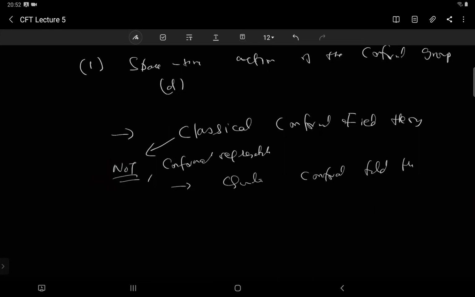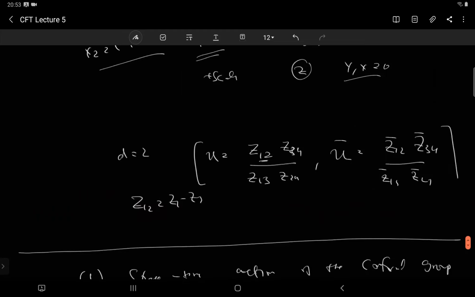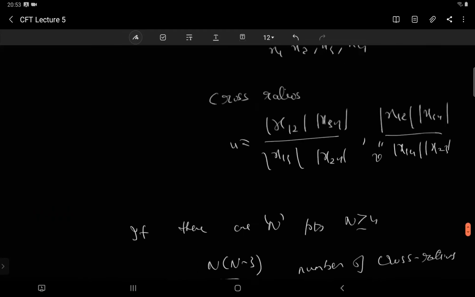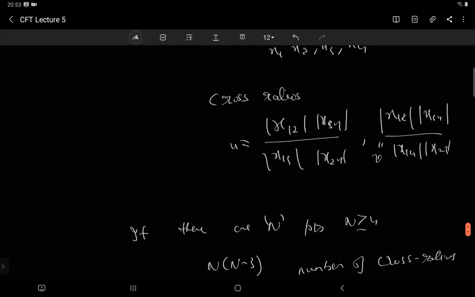It is invariant under rotation because it's a distance, and under scaling because the numerator scaling and denominator scaling factors cancel. But sir, conformal transformation does not preserve length, so how? Yeah, it doesn't preserve length, so length is not a conformal invariant. What is a conformal invariant is the cross ratio. Length is not invariant, but this cross ratio is invariant. So separately the distances are not invariant, but the ratios are.